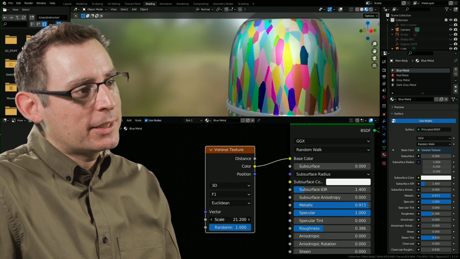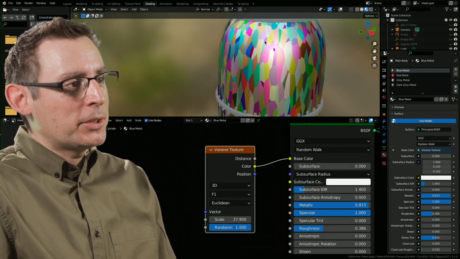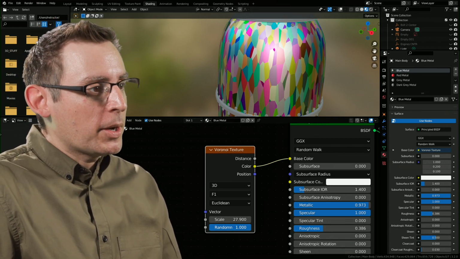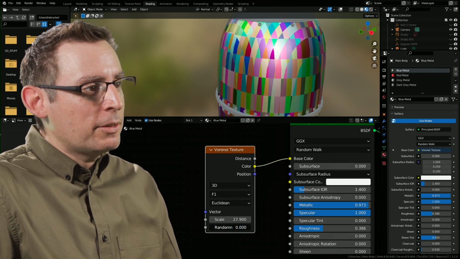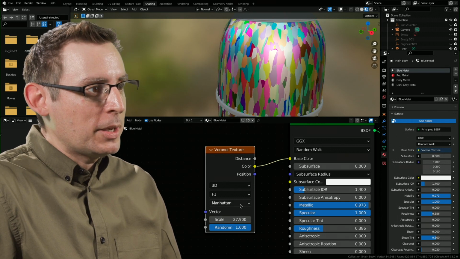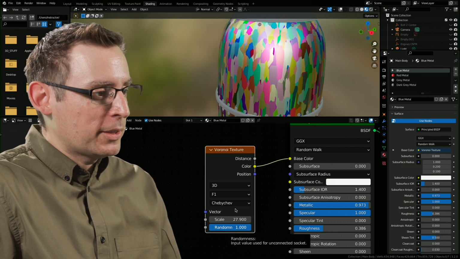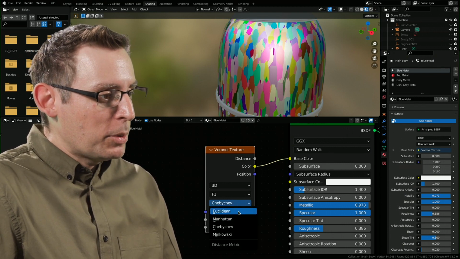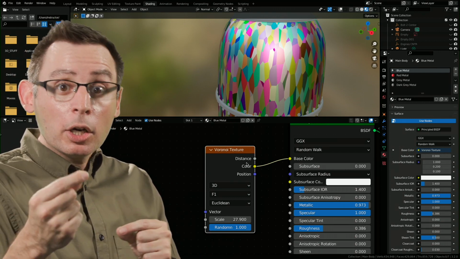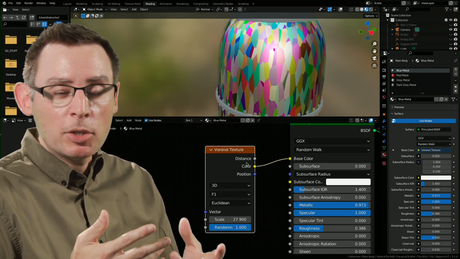If I was to increase the scale some, you can see that it looks like these really cool little chips, almost like little slate tiles, maybe something that we can use for flooring, perhaps. We can also continue to even it out. We can randomize it a little bit. There are even some different variations of the algorithm in here that will give us some fun results. It's just really neat to play around with this. Like I mentioned, you have to put your mad scientist hat on to a certain degree when exploring this. But if we have a target, if we know what we're trying to work towards, maybe some of these procedural textures can be super useful.